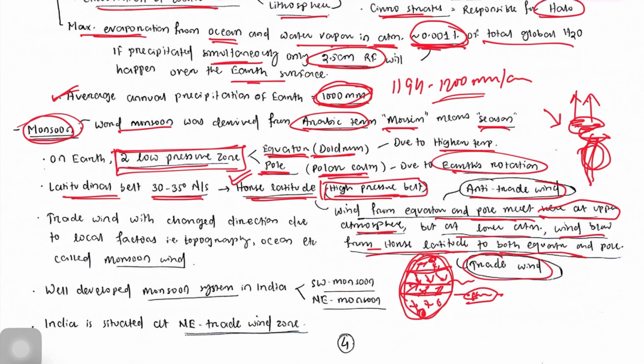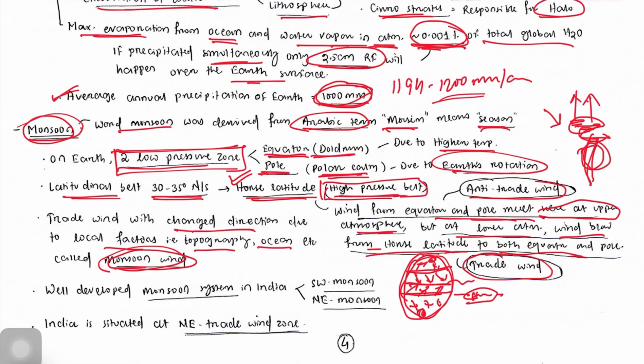And in the upper atmosphere, that wind blows in the reverse direction, so that is called anti-trade wind. Trade wind changes direction due to local factors, that is topography, ocean, etc., called monsoon wind. So when the trade wind changes direction due to local factors, that is called monsoon wind. Like we have in India, we have southwest monsoon as well as northeast monsoon, so that is due to the